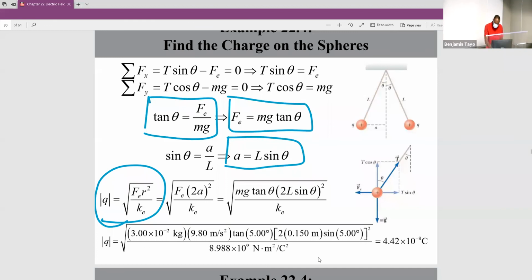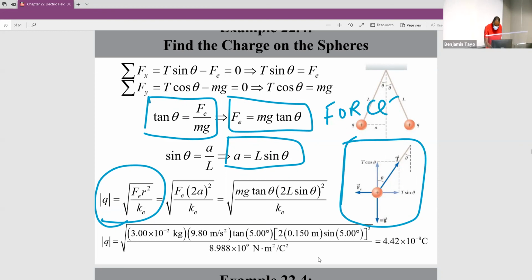So this picture really shows you the forces. Those are the forces acting in the system. So at the end,